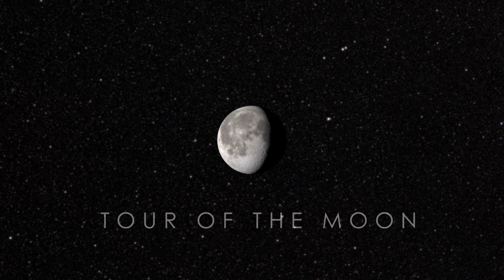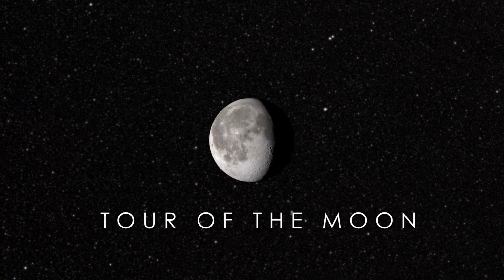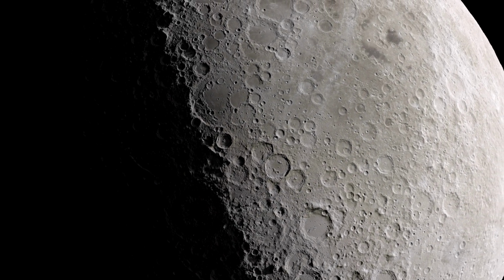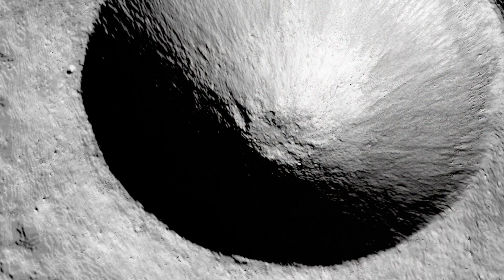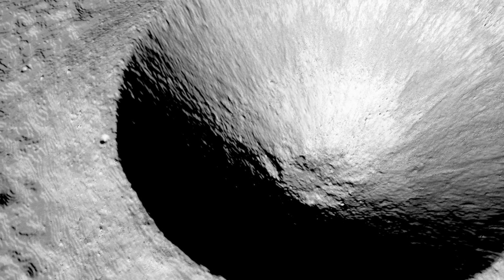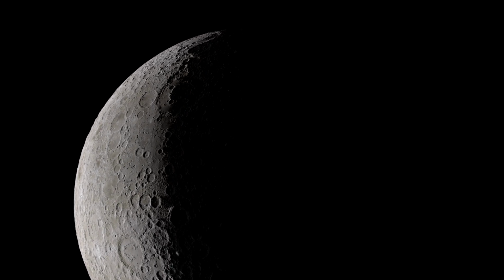The Moon appears to be a sterile, gray, unchanging world. But while the Moon has remained largely unchanged during human history, our own understanding of it has evolved dramatically. Thanks to new observations, we now have not only unprecedented views of its surface, but a whole new tour of the Moon that shows how both it and other rocky planets in our solar system have been shaped over billions